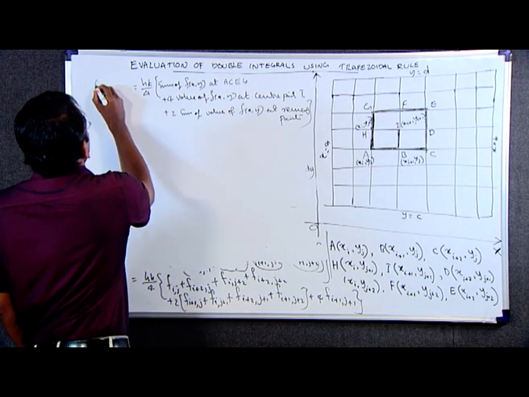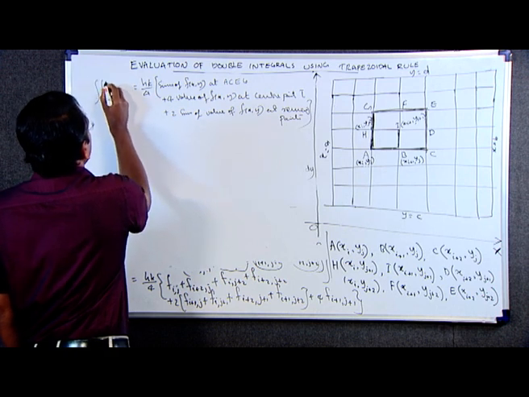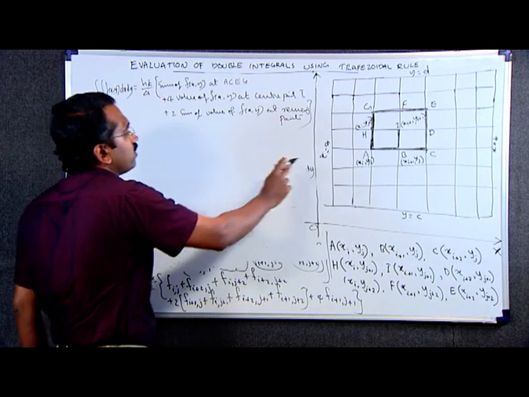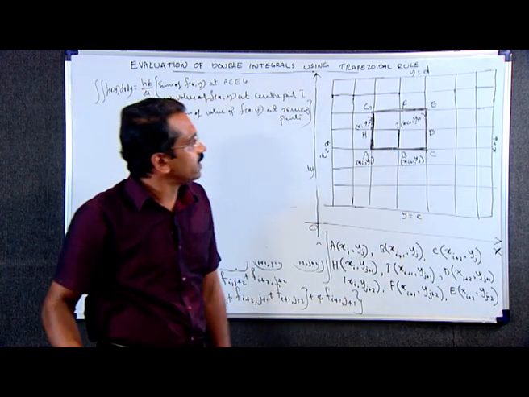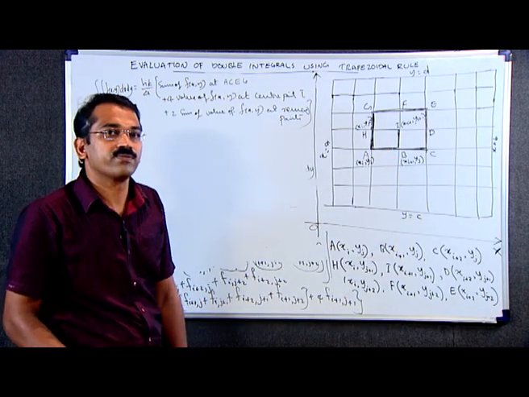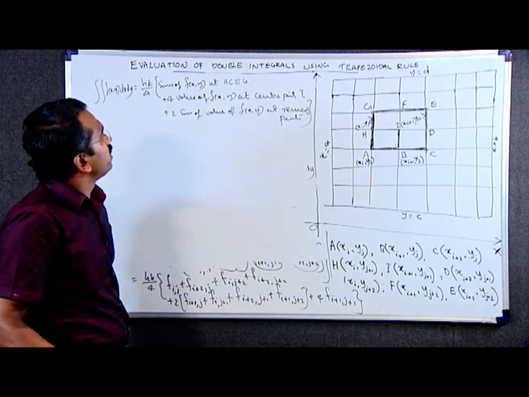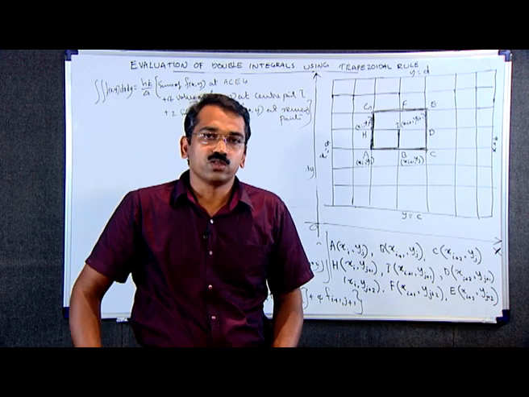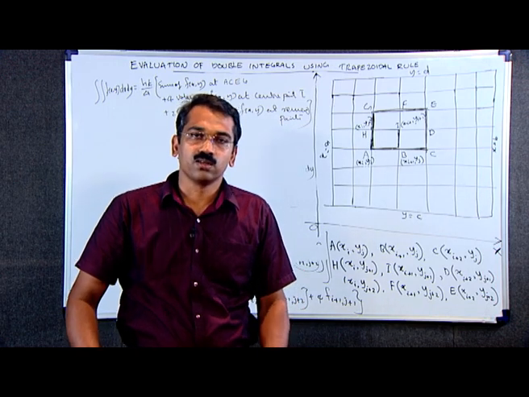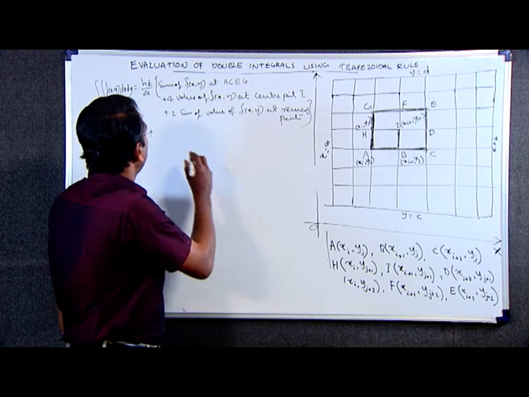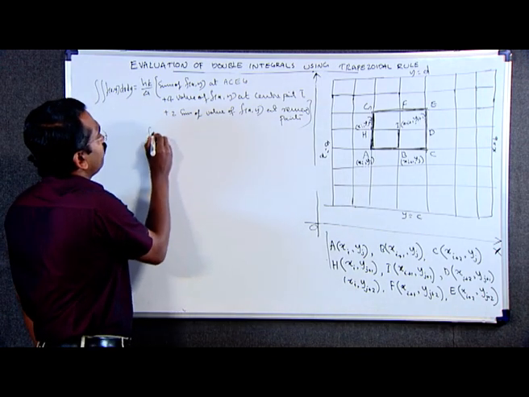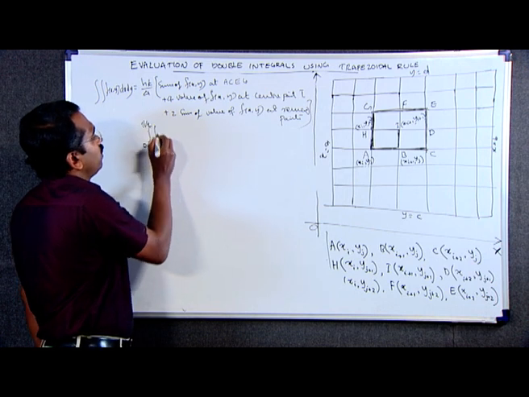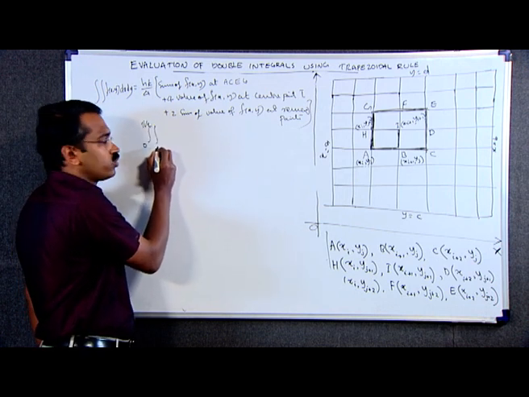This is the required double integral of f(x, y) dx dy over this rectangle ACEG. This is the method of evaluating a double integral using the trapezoidal rule of integration. Now, consider this example. Evaluate the double integral from 0 to pi by 2 and pi by 2 to pi